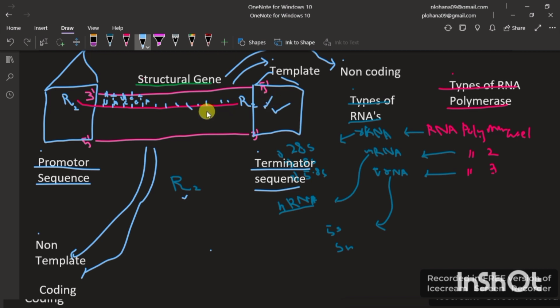Now what will happen? As we have taken RNA polymerase 2, which means we are going to form the hRNA first. So here hRNA is formed. This is not mRNA, because I have told you hRNA will be modified, then it would be converted into mRNA. So here we have hRNA which is made, and now it would fall down. This is hRNA.